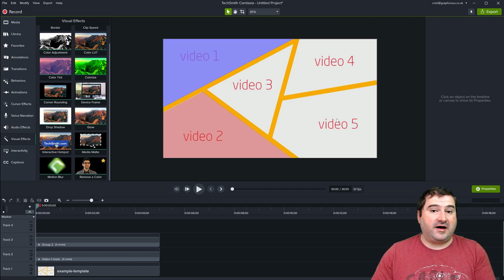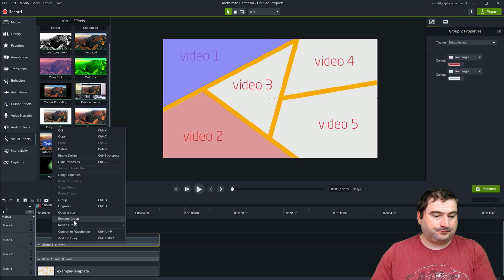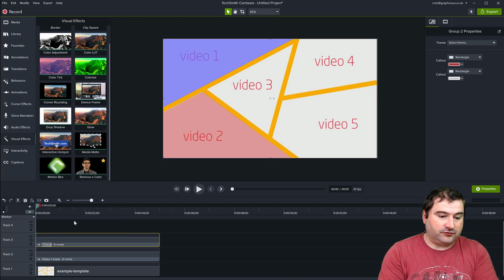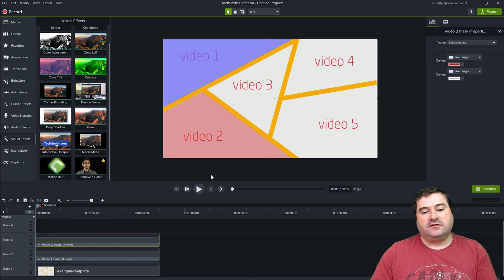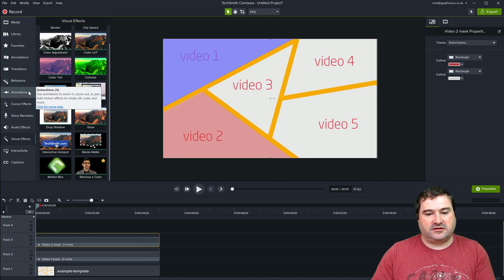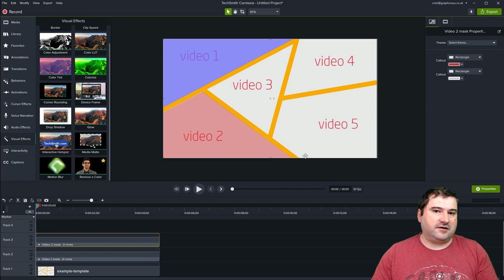Let's try video 5 as an example again. And video 5 again, let's rename this for now. So that is video 2 mask. Okay, so video 5 is actually 3 edges here, 4, 5. So 5 edges. But again, the idea is the same. You can actually do another way. You can actually create the shapes around the edges and then group them and use that as an invert mask.